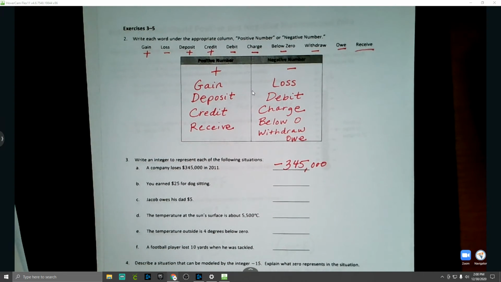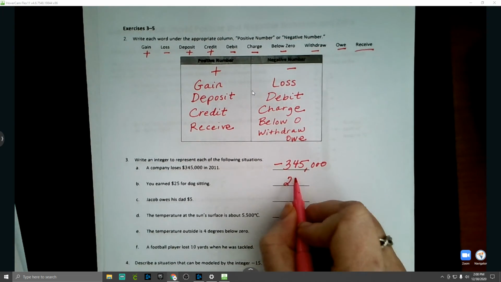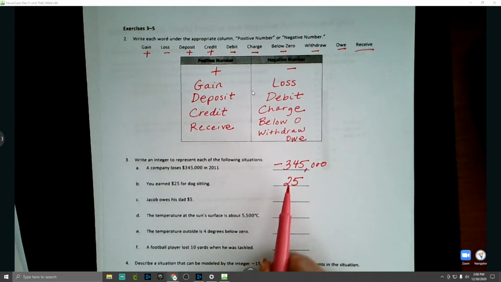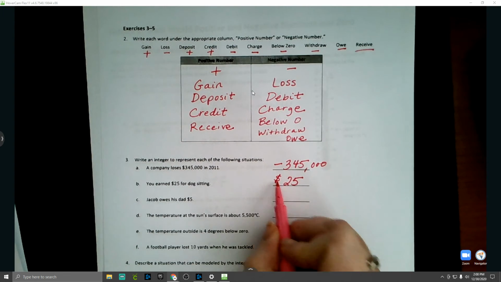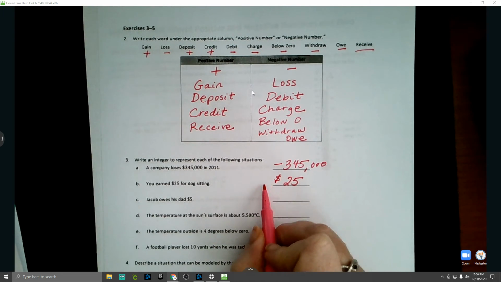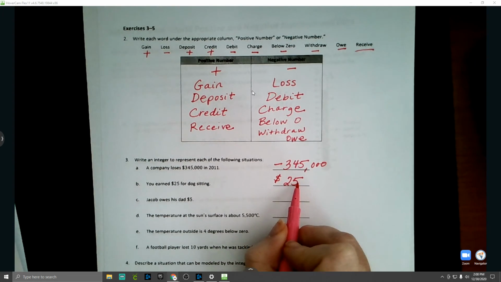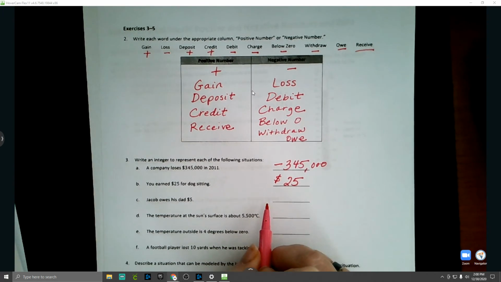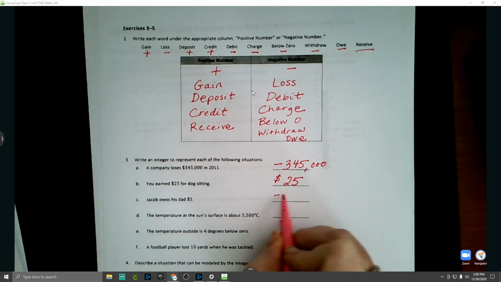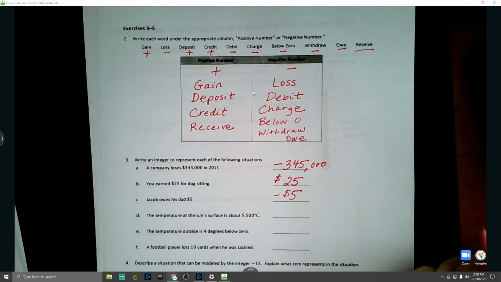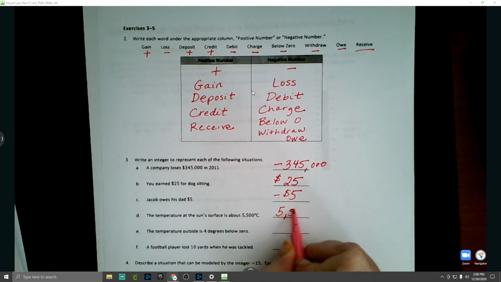You're just writing the number over here. You earn $25. Now, typically, I'm going to go ahead and put the number sign. Typically, you don't have to put the plus sign in front of it. Because it's negative, if it's not negative, then the standard form is positive. Jacob owes his dad $5. Negative. The temperature on the sun's surface is about